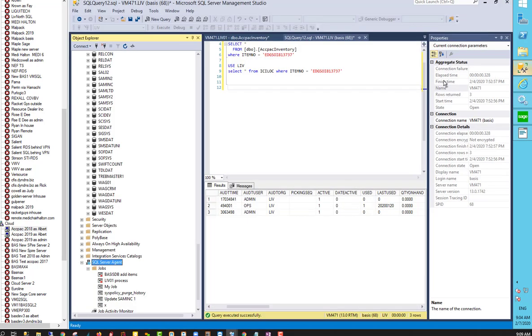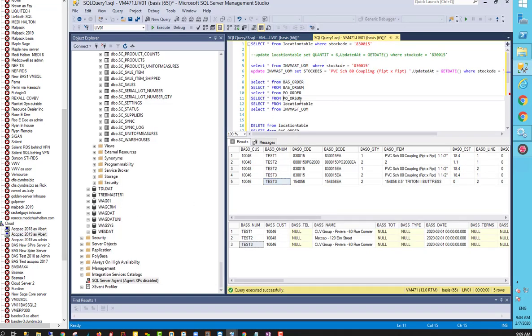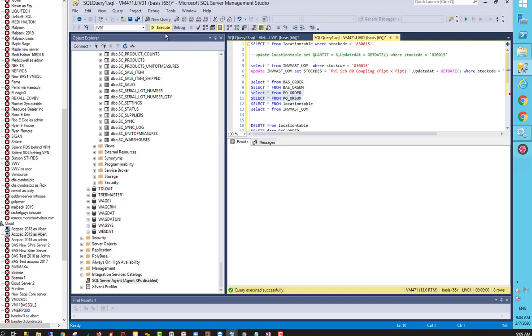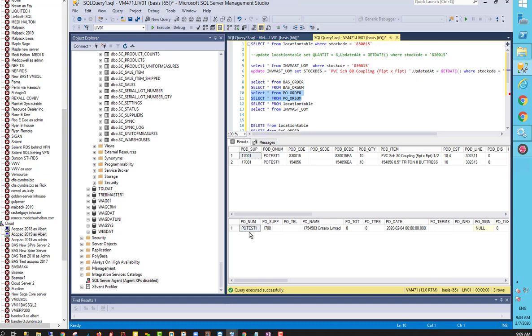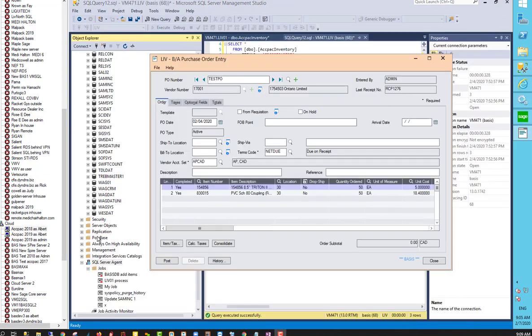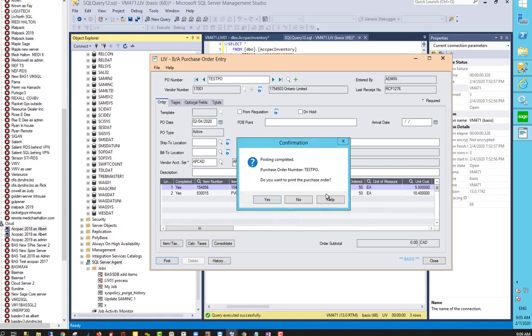I don't know what just happened there, but what I can do again, I can go to the basis tables on the 2019 server. So the basis tables are PO order and PO or sum as opposed to BAS order and BAS or sum. So here I can see the first one. So somehow I didn't send the second one properly. Let me just redo it. So I went back to that test PO in Sage purchase order entry post. If you want to,